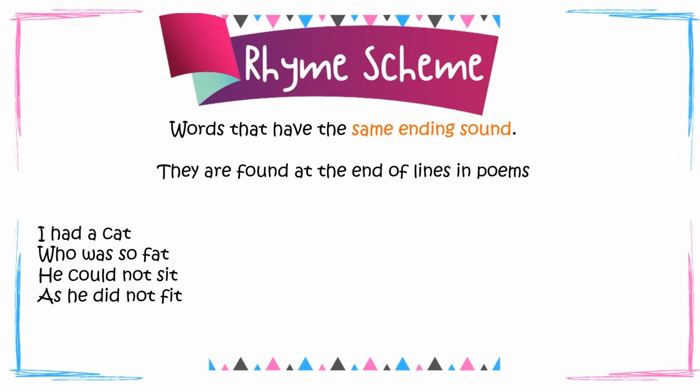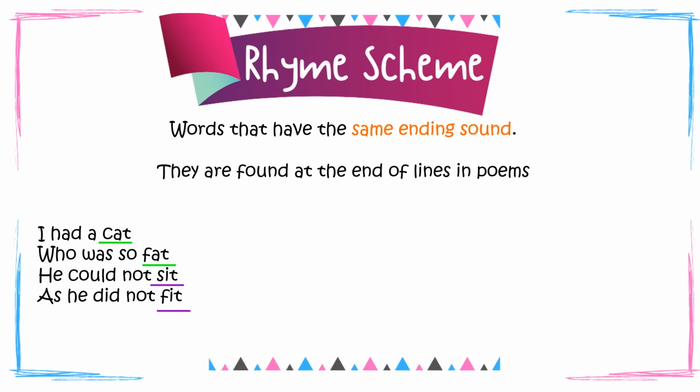Now we learned that rhyming words are found at the end of lines in poems. So let's look at the end of lines. Line 1. This is the ending word, so we look at the ending word. Cat, fat. They rhyme. Sit, fit. They rhyme too. Cat, fat, sit, fit. Now that we have found our rhyming words in the poem, let's try to figure